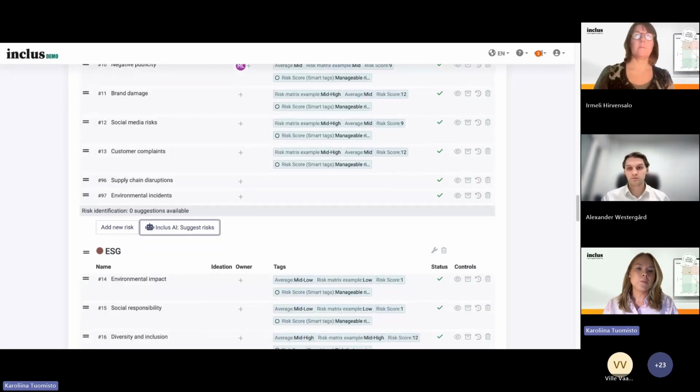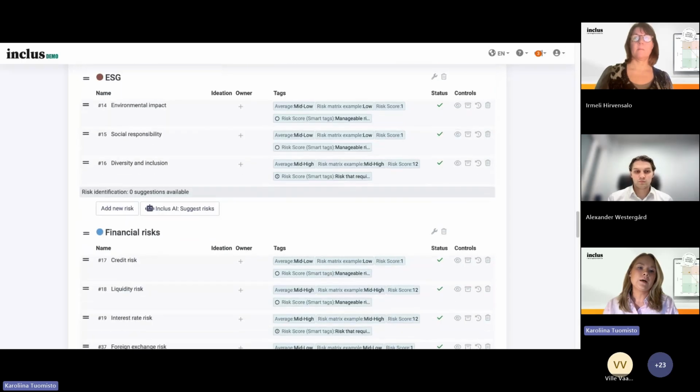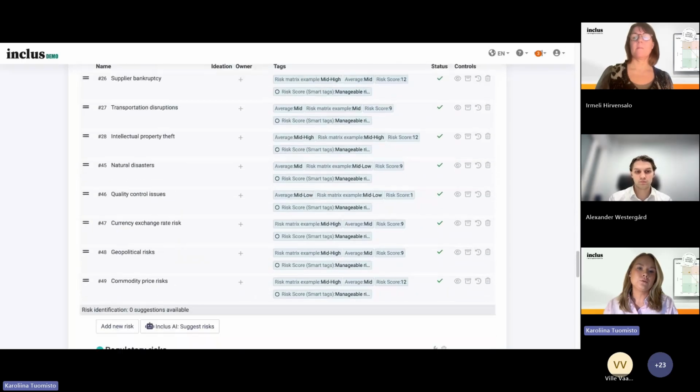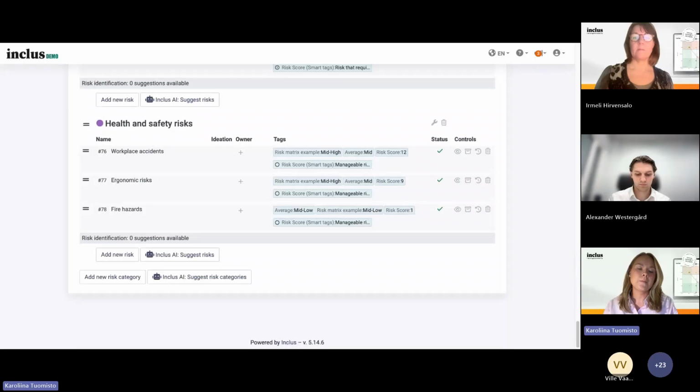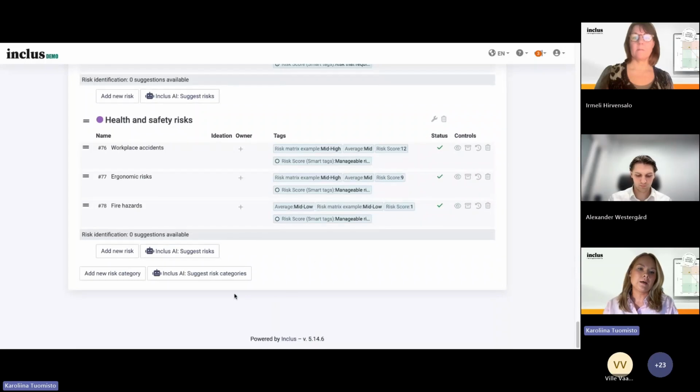Yeah, and then there's the possibility to discover new possible categories also with the help of AI. When we scroll down to the bottom of this risks page, we have this Inclus AI success risk categories button over here.